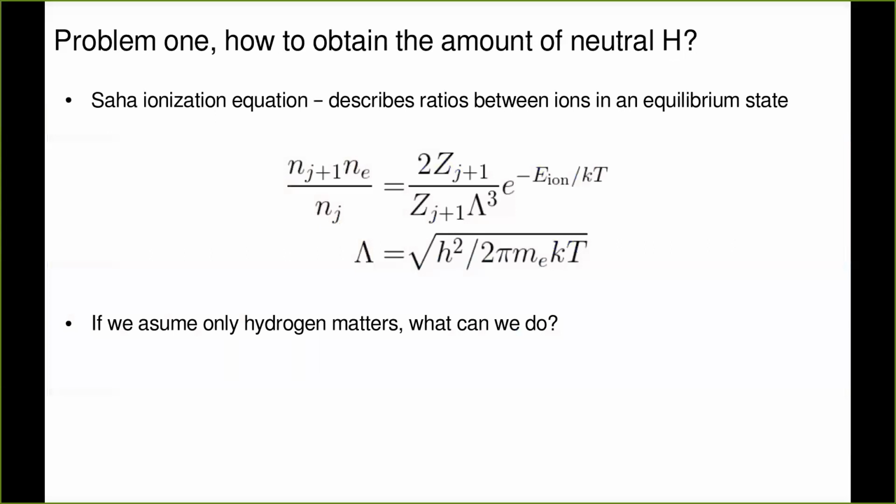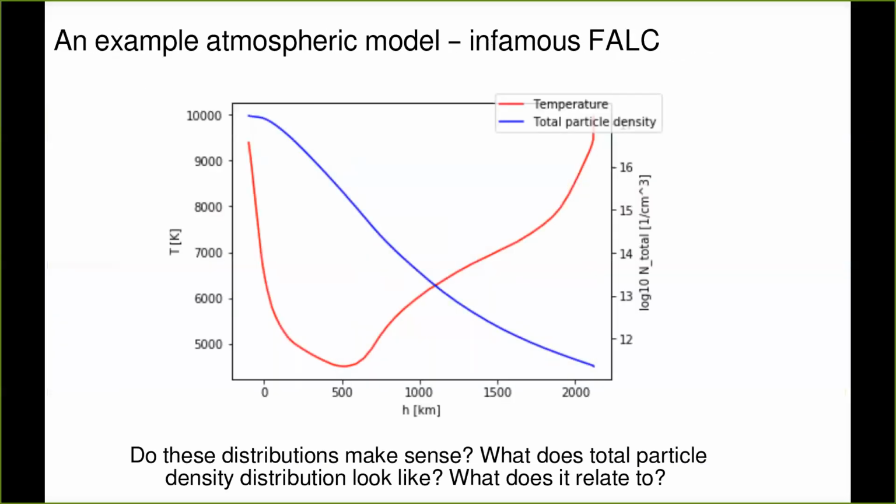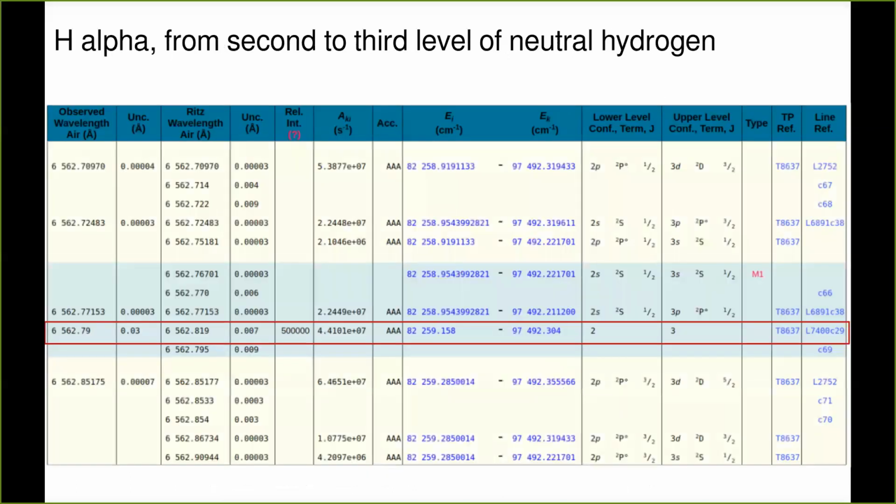Okay. So now comes the first question. What I have here, and people who did homework last year remember that, is the total particle density. I can assume with some degree of reasonable doubt, let's say this is approximation 0, that all these particles come from hydrogen. So this is a mixture of neutral hydrogen, protons, and electrons, right? So now we need to find out how many neutral hydrogen atoms we have in each of the points.